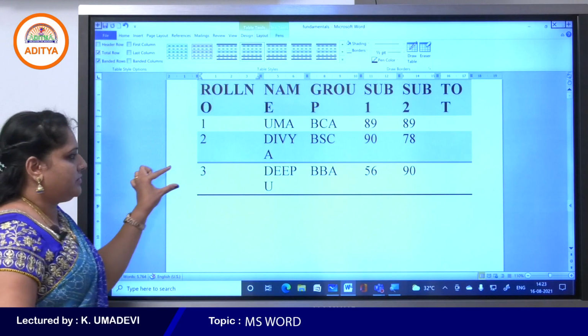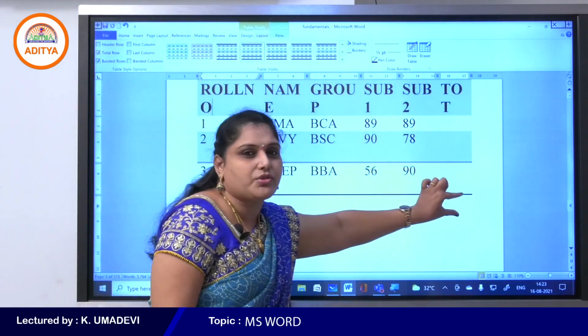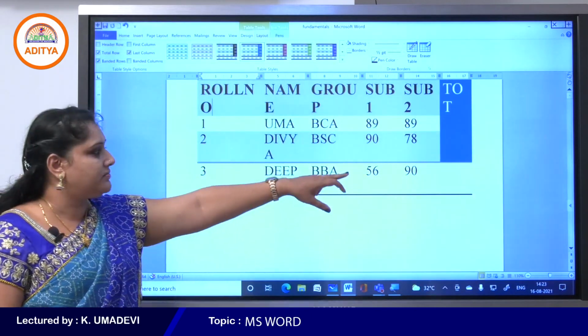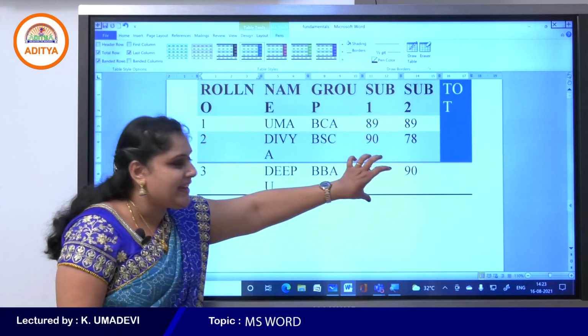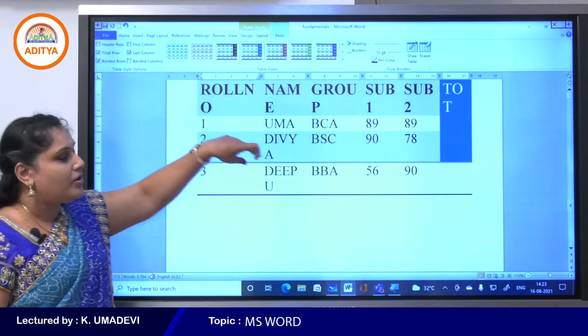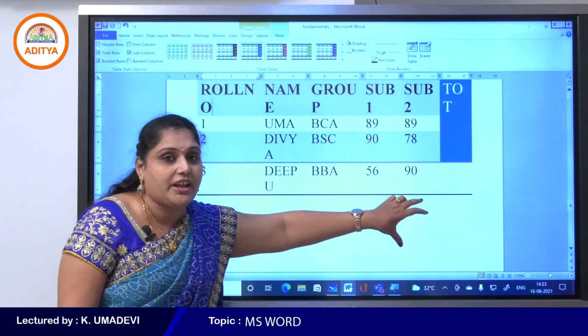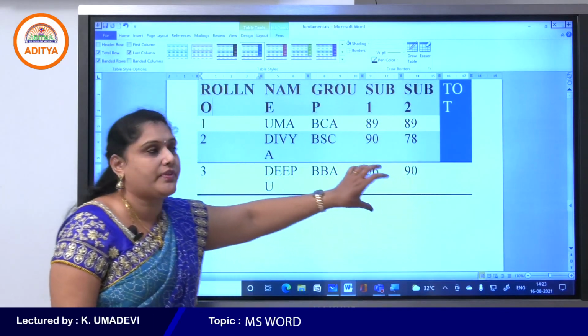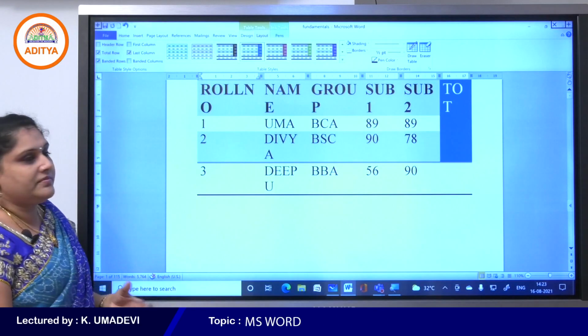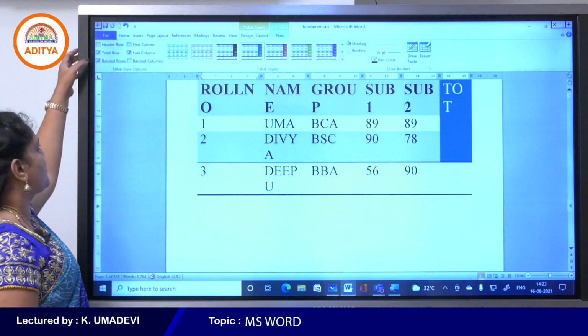So when you select total row, see, this is the last row which represents the total row. When you select the total row, the last row is separated from the table to calculate the totals of the above cells. When you deselect the banded rows,